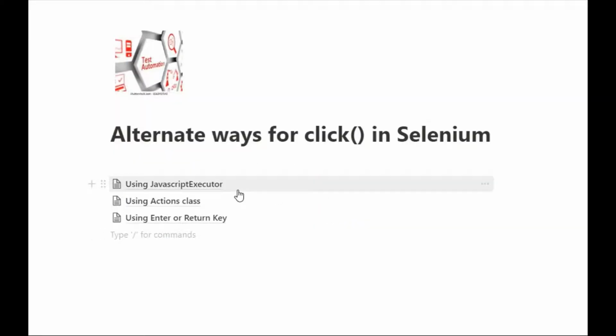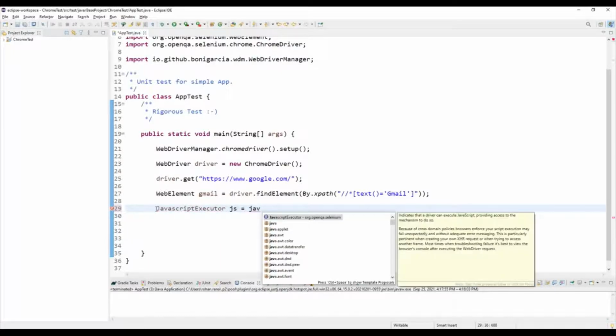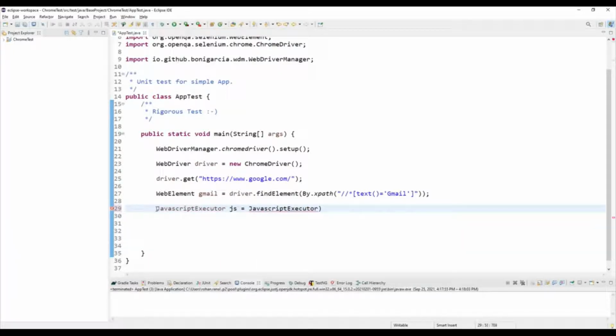So the first alternate is using JavaScript executor. Let me show you this in Eclipse. Let me remove this simple click, and for JavaScript executor you first need to initialize the driver for it, JavaScript executor. Let me write it, and then driver.